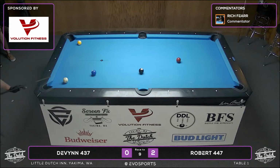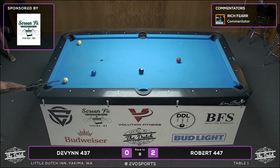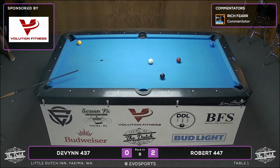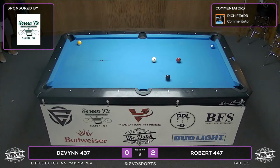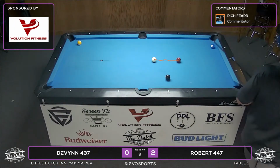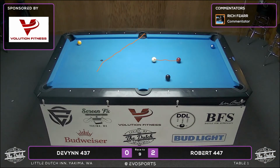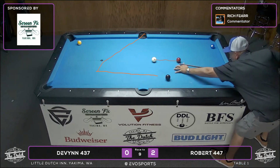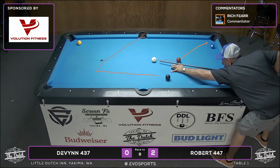Now the thing with this shot is to not force anything. Looks like you might be playing that. Oh, that's a heartbreaker there. But you look at the position there, he's on the 50-yard line, which makes it tough. Whereas I think I would have played that 2 ball here, so that the cue ball's natural position would have come this way and either leave me the shot to the corner or come up here and leave me the